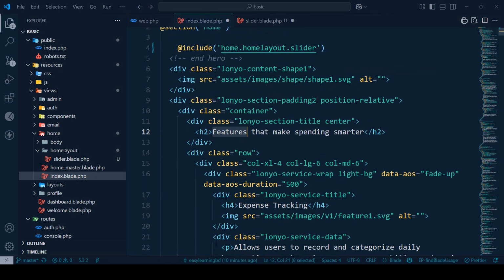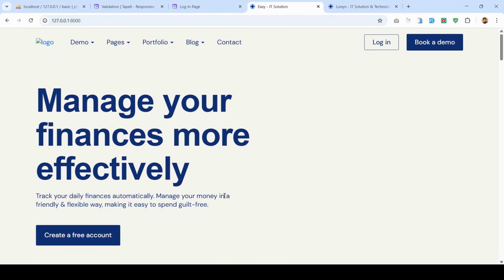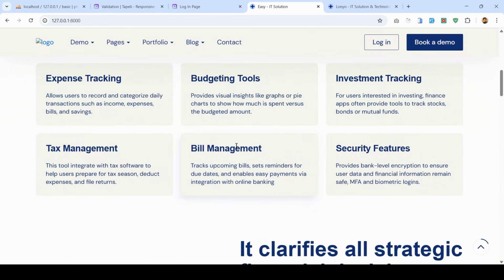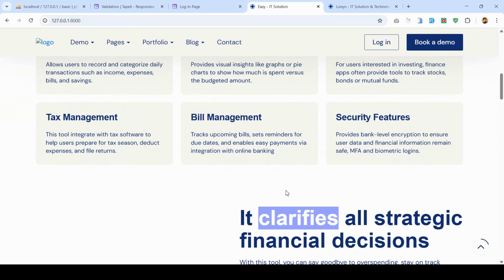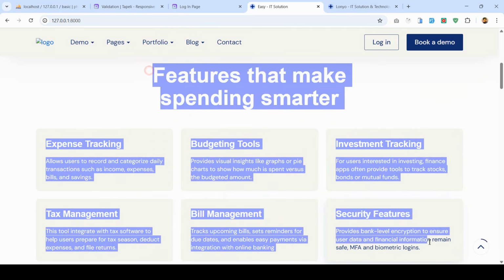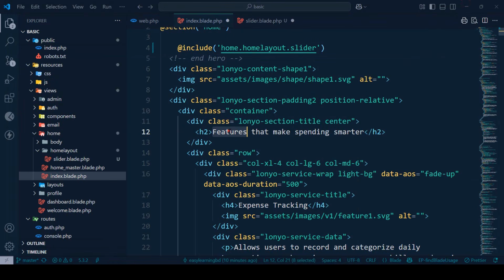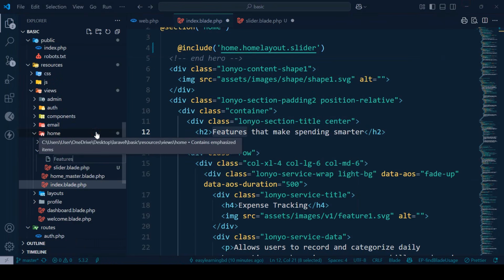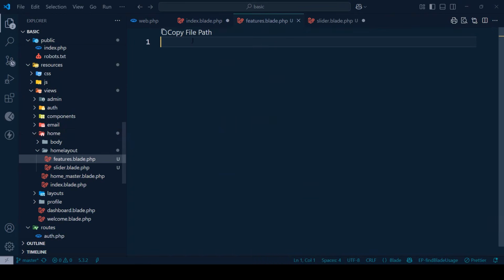And after that, that is our features. You can see there is a features section. If you go to our theme, that is actually our features section, and it has some other things, and after that comes our clarify. So I want to take this part to another page. If you want to do this work, first of all I will create a new page named features. I copy it, and now in our home layout I want to create a new file, features, in lowercase. Features will be features.blade.php. Okay,